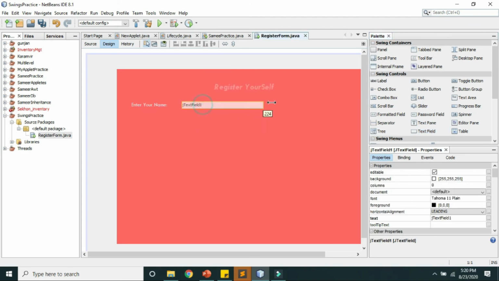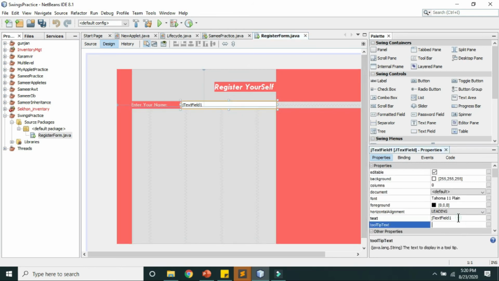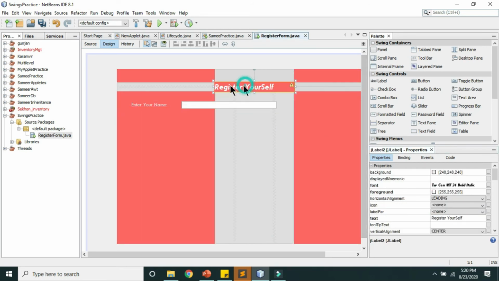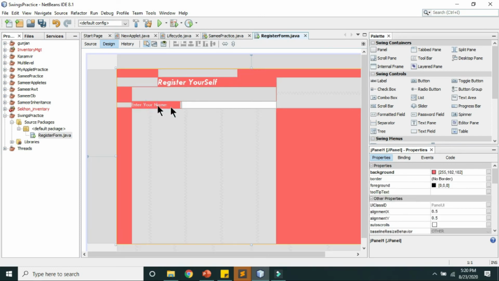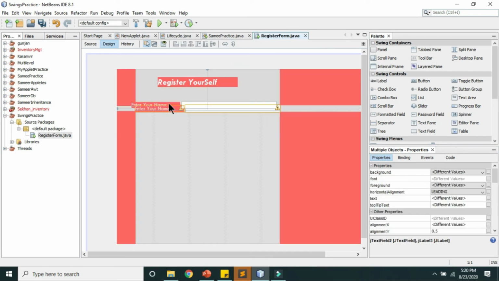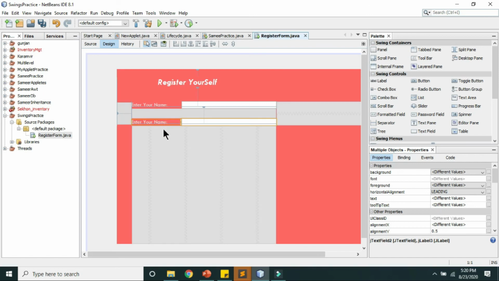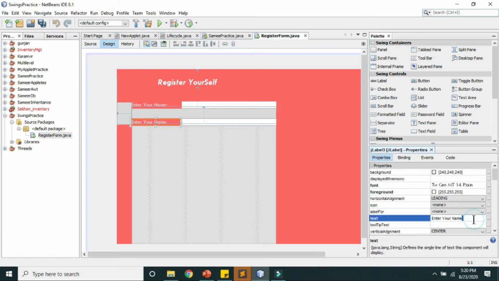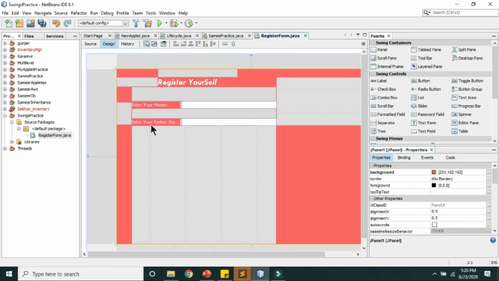Okay, there you go. You can drag it here and then remove this text option from here, place the register yourself here, then the next field you can do the same, copy paste, change this to enter your other name again.